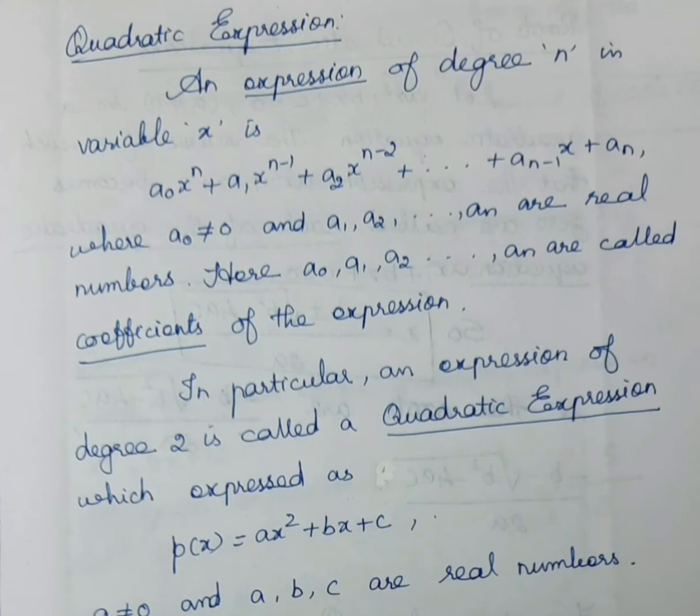So from this expression we can say a0, a1, a2, etc., a n are called coefficients of this expression. Okay, those are the coefficients of each term. Understood? In particular, we can take the quadratic expression, which is of degree 2. We can choose the general form as ax square plus bx plus c. There also the coefficient of x square, that means a, is not equal to 0, and all the coefficients a, b and c are real numbers. Okay, it is about the quadratic expression.